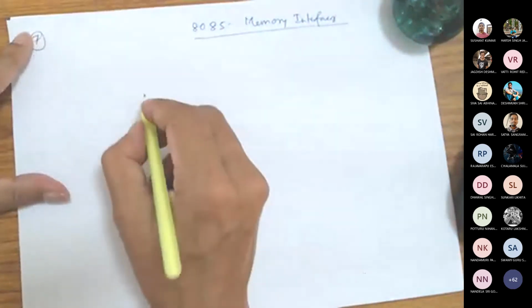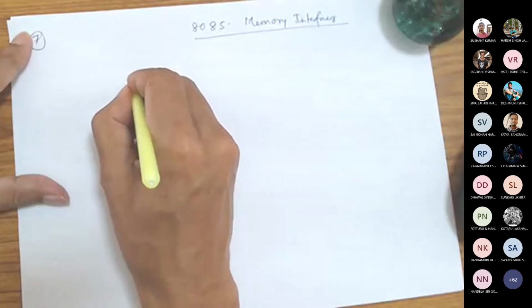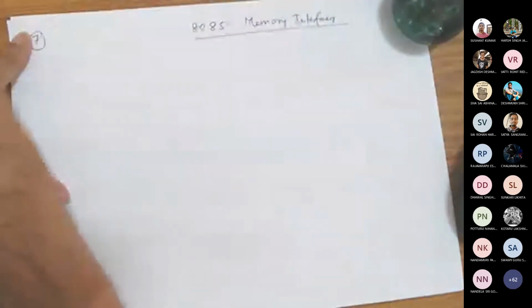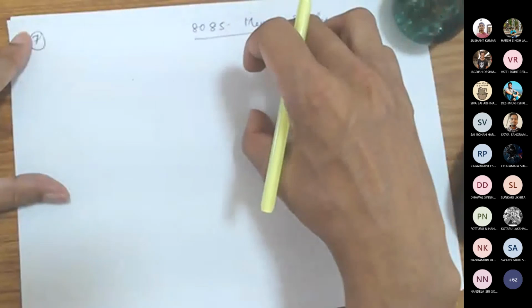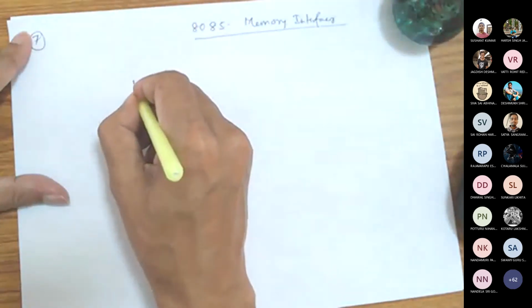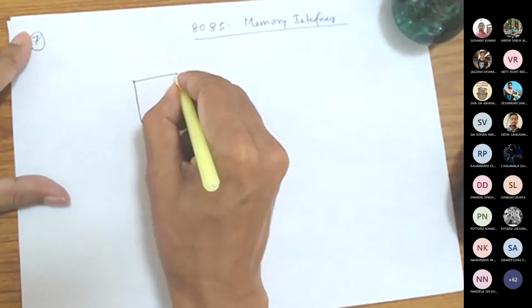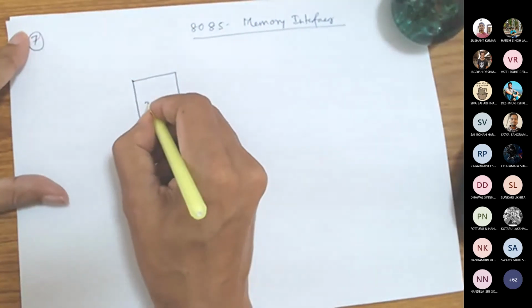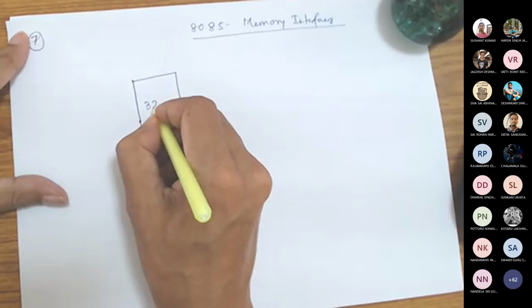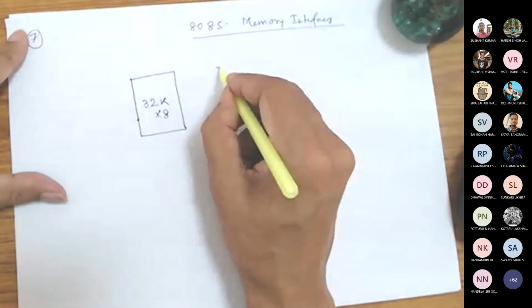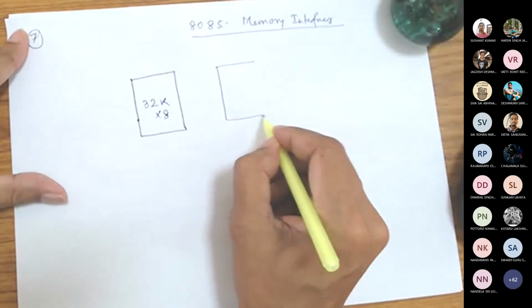Memory is never available as the full 64K in a single block; you may have different sizes available. Let's assume one chip is available as 32K into 8, another as